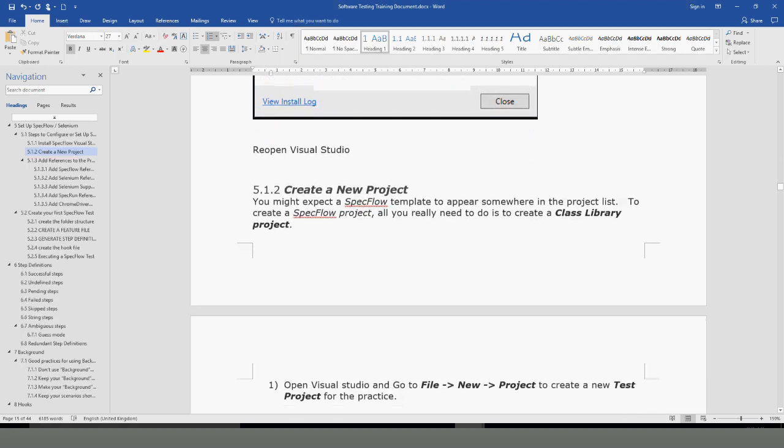Then I said you should make sure you close your Visual Studio at this step and then open it again. Make sure you close your Visual Studio and open it again. So the next step is to